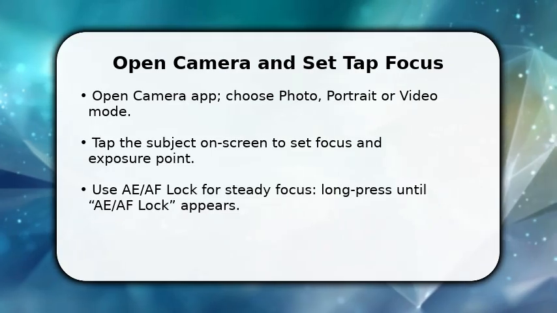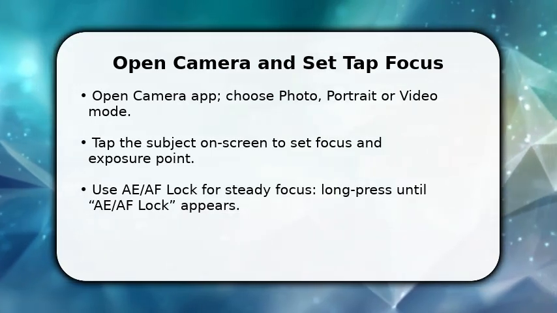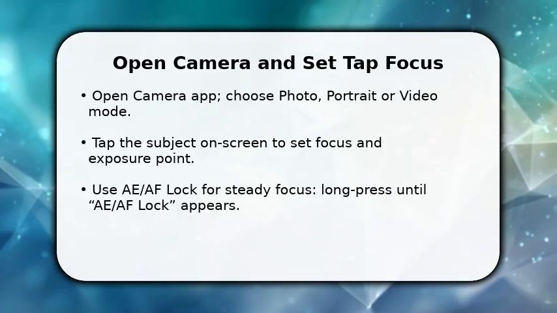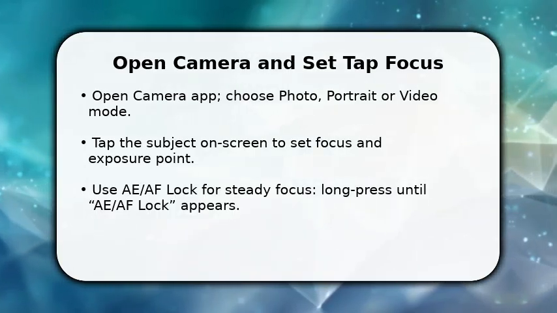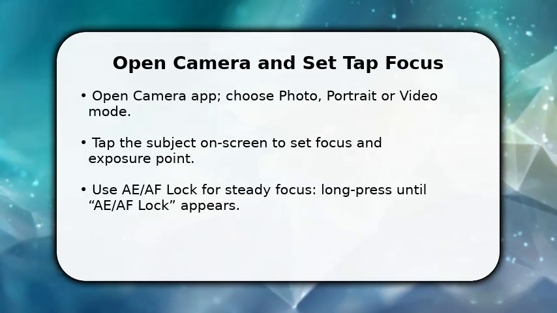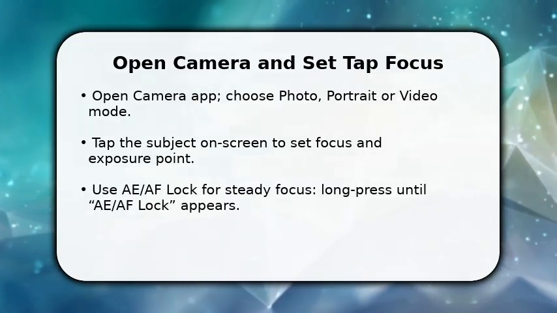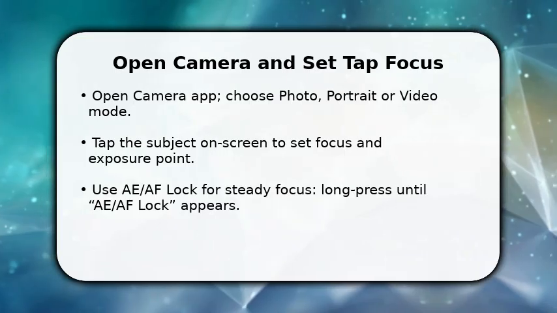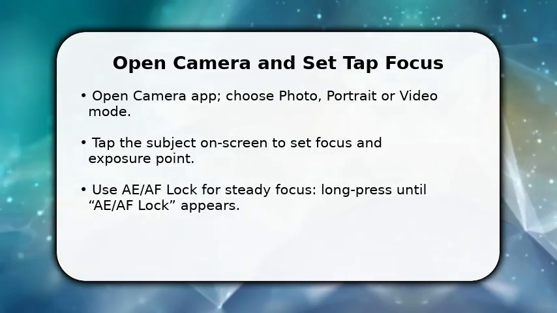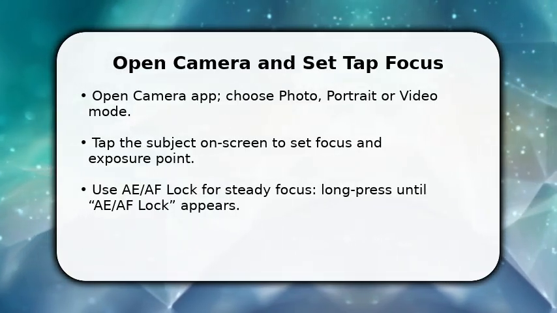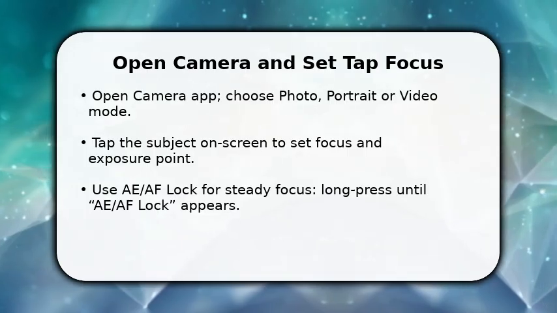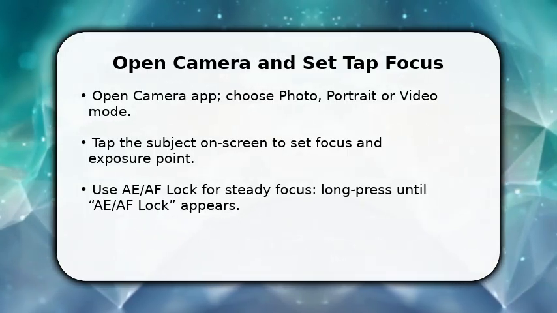Enjoy the video. You start by opening the camera app and selecting photo, portrait, or video mode depending on your shot. Tap directly on the subject on screen to tell the phone where to focus and to set exposure. This overrides momentary adjustments. If you need the focus to stay fixed as you recompose, long press that point until you see AE/AF lock. Once locked, the iPhone keeps both focus and exposure steady while you adjust framing, which prevents